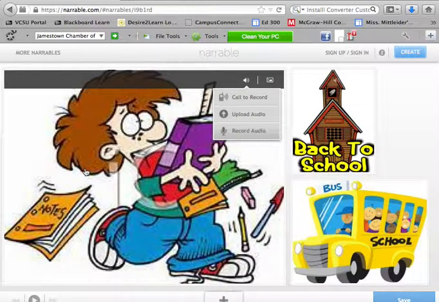You can make comic books, you can make stories of your own life, you can narrate a vacation you went on with pictures, or you can use it as a really cool way to make a book in another language, and then you can narrate it in the foreign language that the students are learning to help them practice that more. And that is about all.